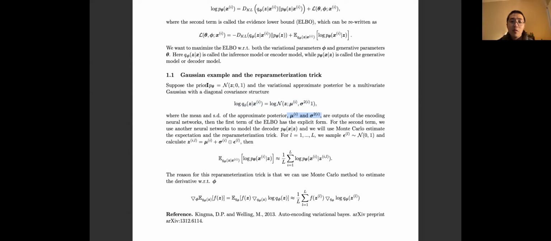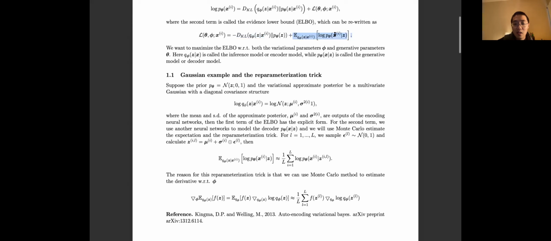If we propose two normal distributions here, then the first term, the KL divergence between the prior and the approximation model, will have an explicit form. This is the reason for using two normals. For other distributions, we may not have the explicit form. So this is the reason that normal is easier to apply. And based on this model, then for the second term here,